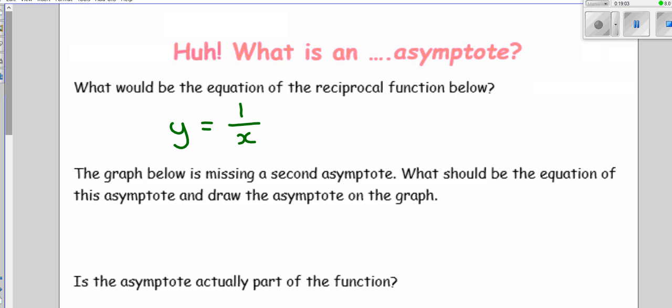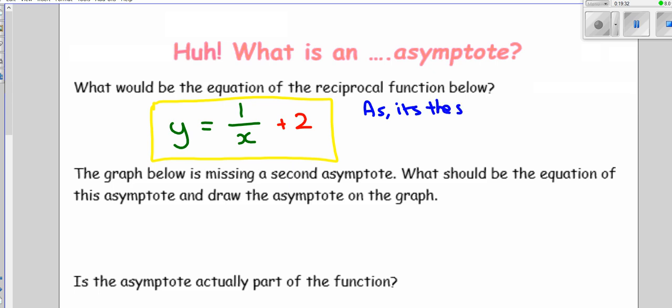But because everything got moved up 2 units, like the vertical asymptote, the horizontal asymptote is not at y equals 0 anymore, it's shifted up to y equals 2. So we have a little plus 2, that just means it's shifted upwards. If everything had shifted down, we would have a minus 2 here. So let's make a note of that, as it's the same